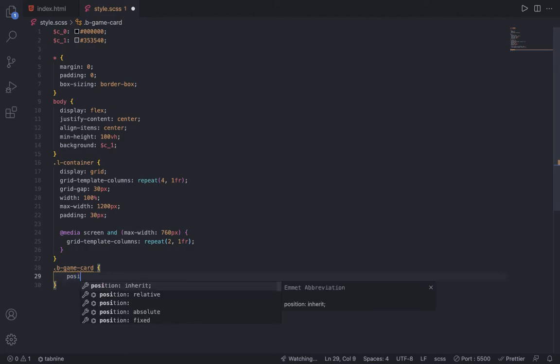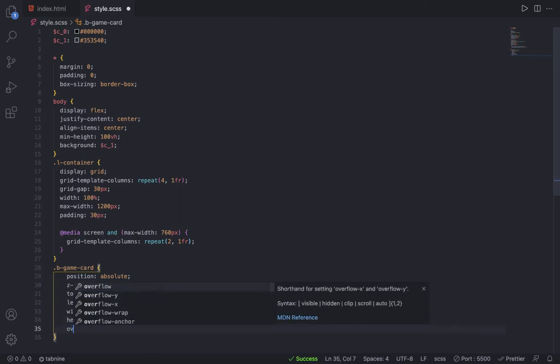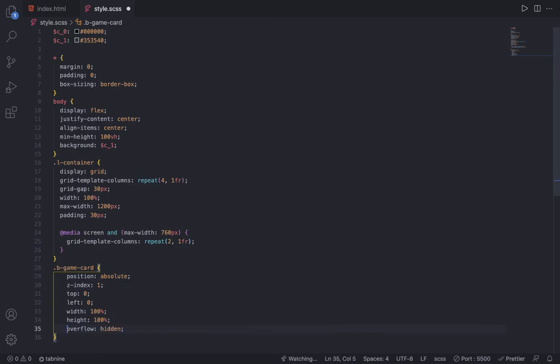This will have position of absolute, z-index 1, top 0, left 0, width 100%, height 100%, overflow hidden,